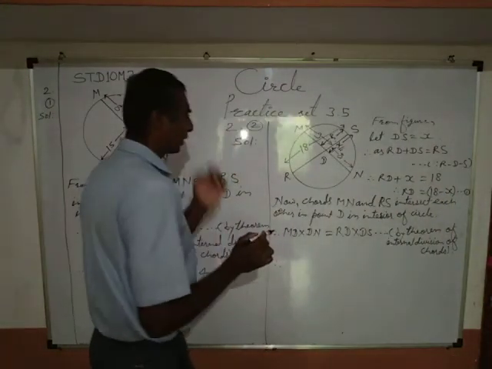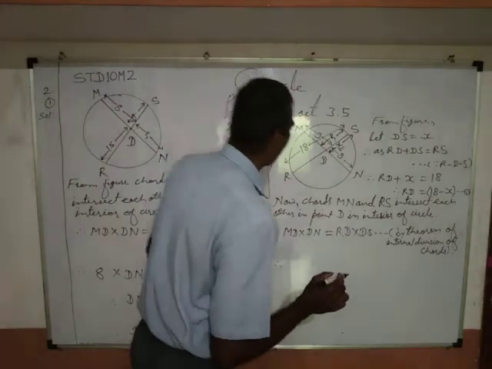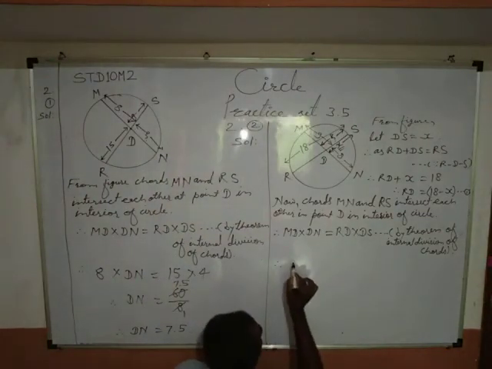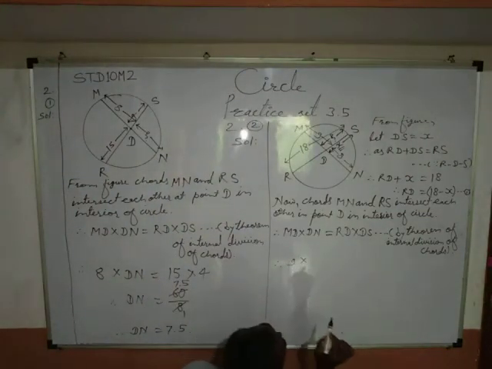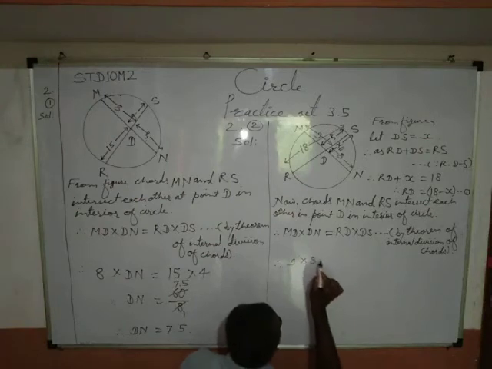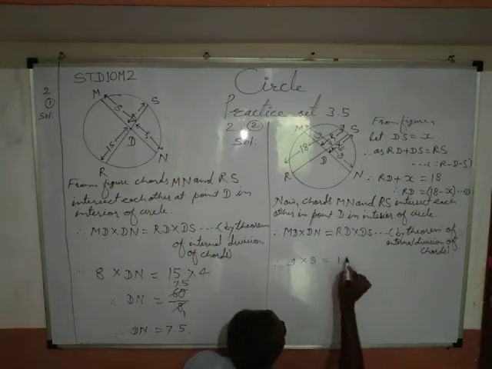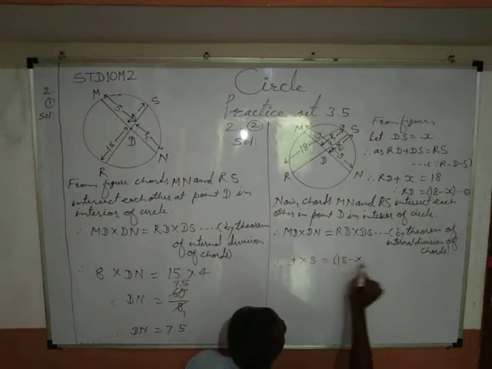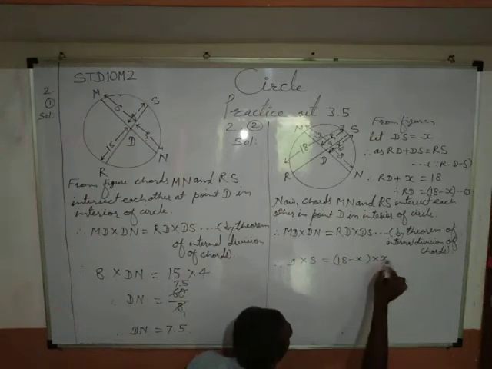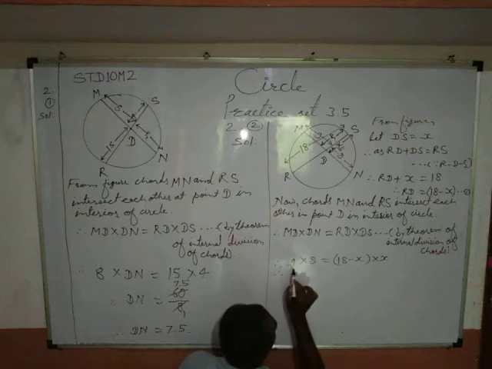Therefore, let's put known values. MD which is 9 into DN which is 8 equals RD 18 minus x and DS x, and therefore 9